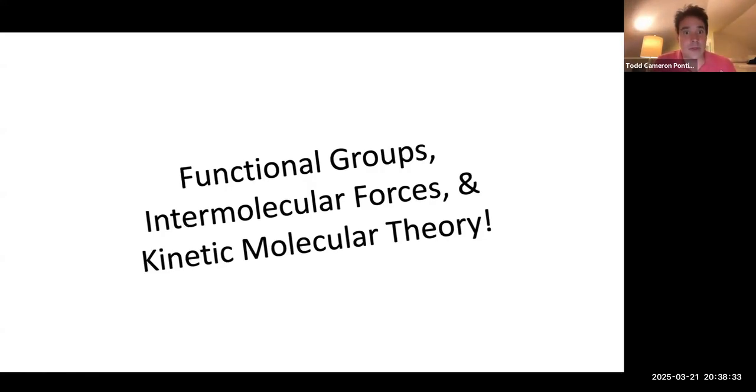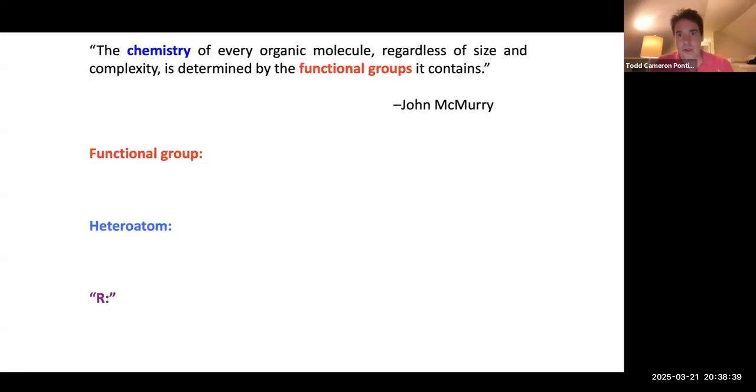Hello, and welcome to Functional Groups, Intermolecular Forces, and Kinetic Molecular Theory. We're going to start by reviewing the functional groups. We've already discussed this, but it doesn't hurt to talk about it again. And then we'll go into how functional groups can interact with each other and do a little segue into kinetic